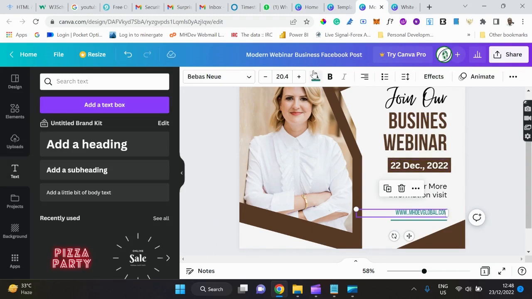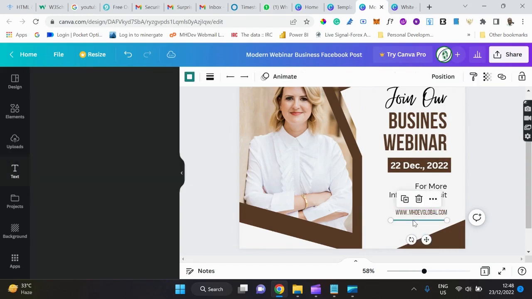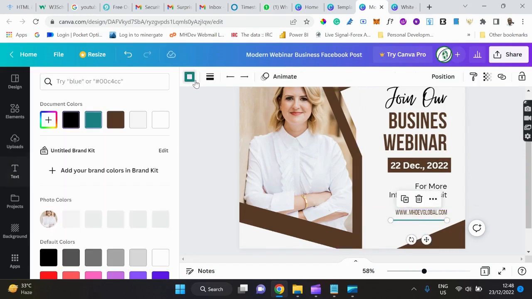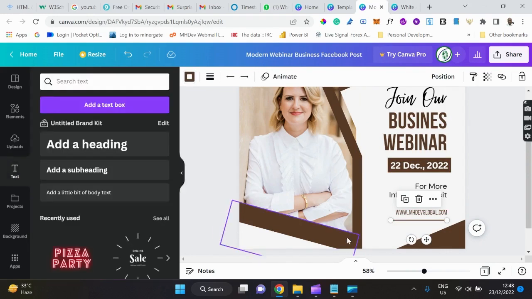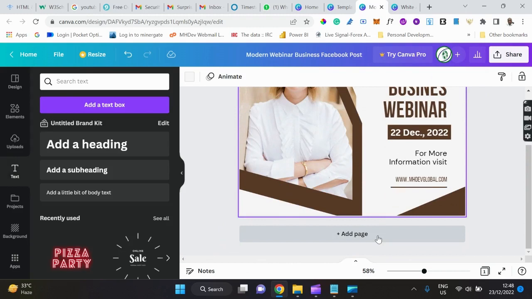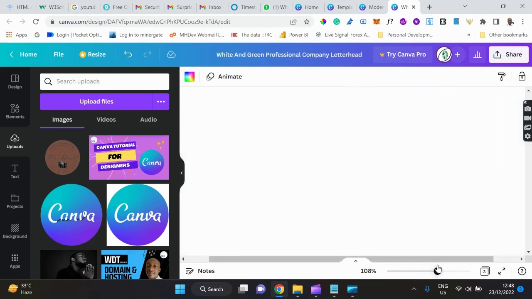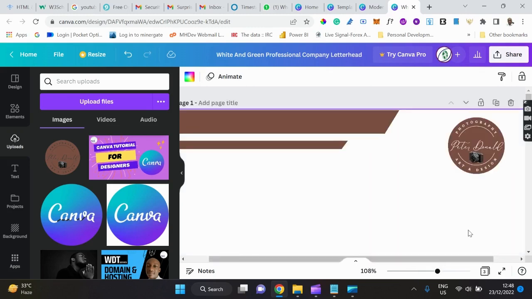Now this one, I'm going to change it to brown. Okay, and then this, changing it to brown. Okay, all right, awesome. Now, because the company that we designed its letterhead before is a company that is into photography